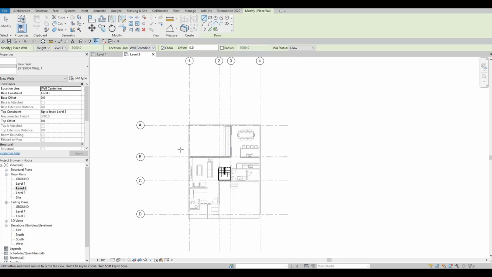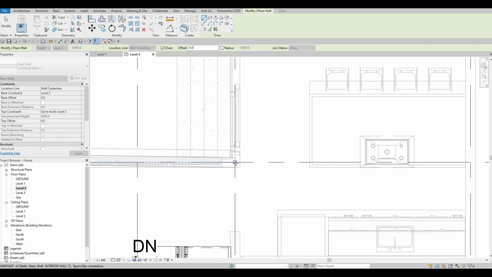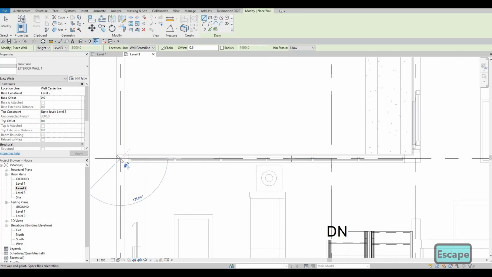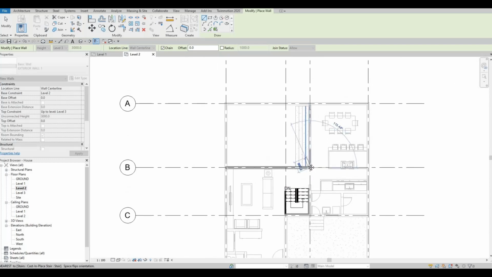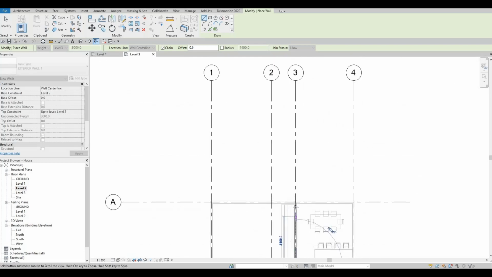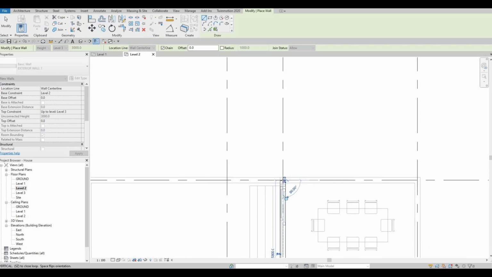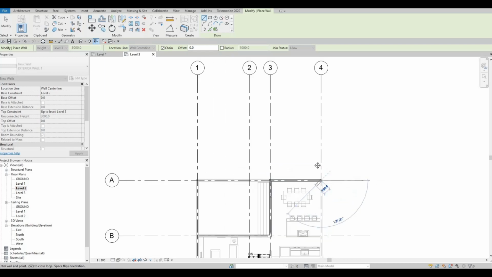So here I'm gonna zoom out, and then I'm going to click on at grid B1. After that, go all the way to grid line B3. I'm just gonna zoom here so that we know that we're adding it in the correct spot. So I'm just gonna redo this one right here, and then add this one B3, and then going all up to A3. So this is grid line 3, and then click on right here, and then after that zoom out again, A4, and then all the way down,